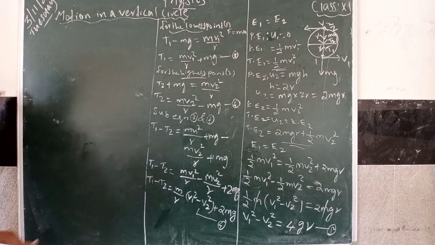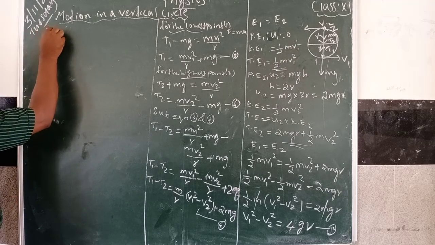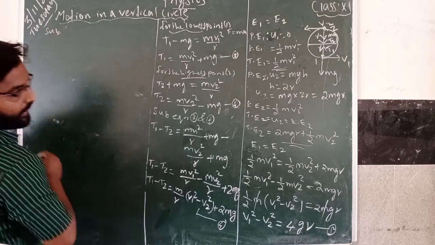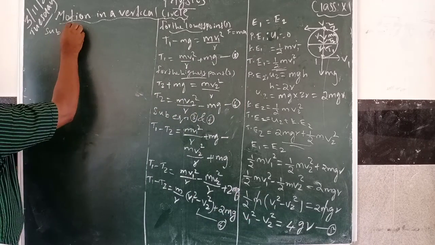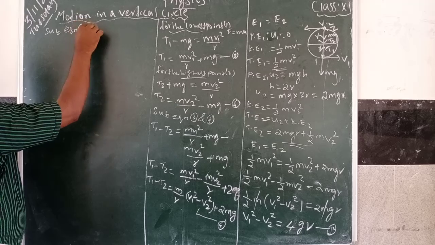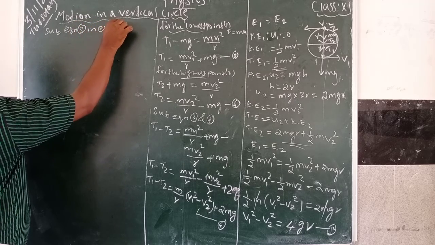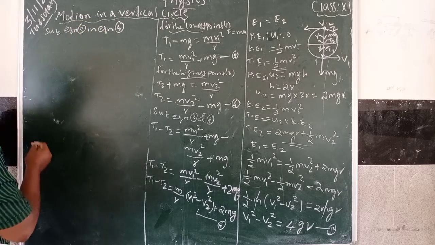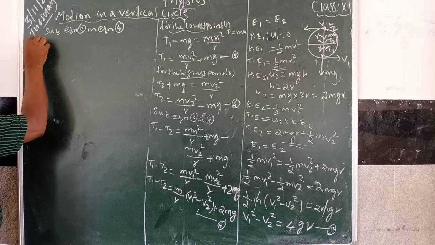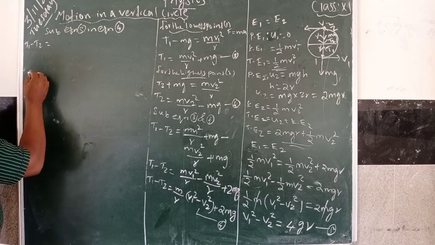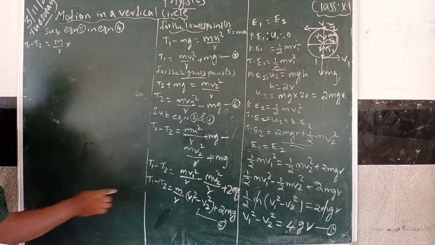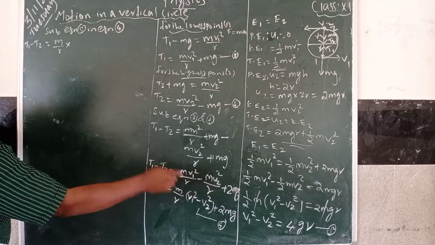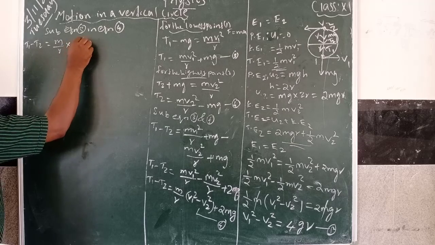Substitute equation 5 in equation 4. So T1 minus T2 equal to m by r into v1 square minus v2 square, which is equal to 4gr. So 4gr